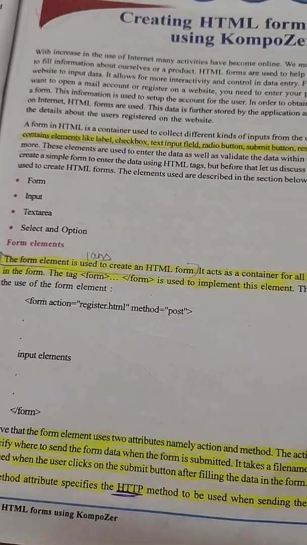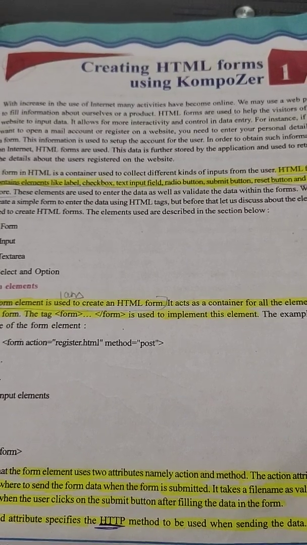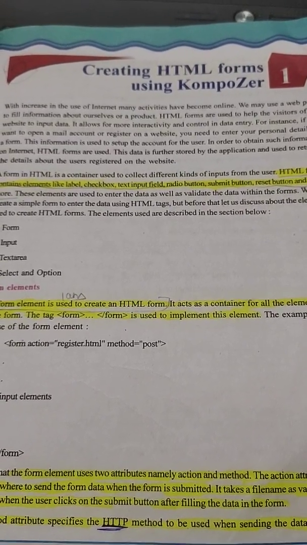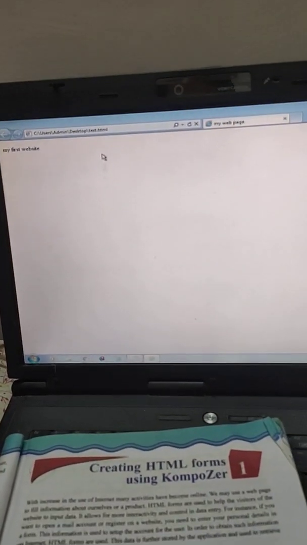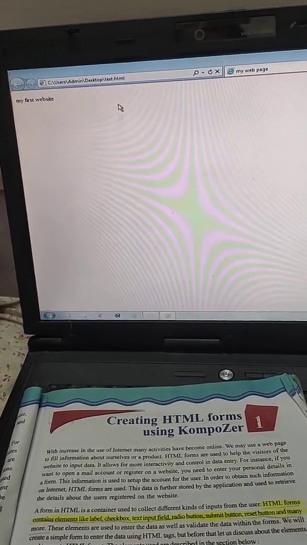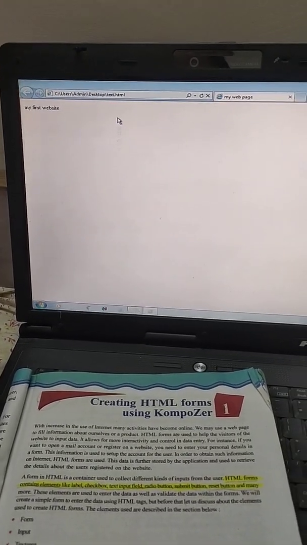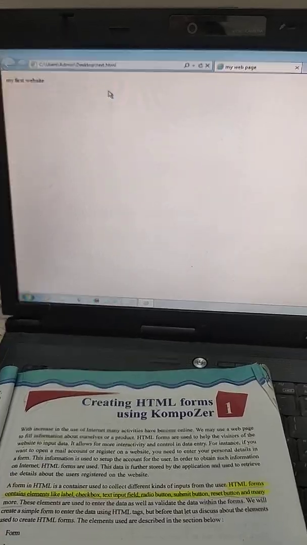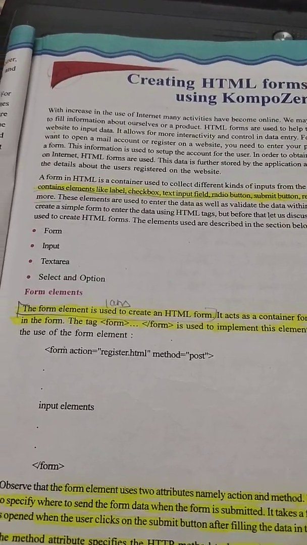Evening, children. Last time we learned about creating HTML, and now we are going to learn part 2 of the chapter, that is creating an HTML form using composers. We had created a normal website. You can also create one on your PC, phone, laptop, anywhere. Have a practice of creating a normal website, and after creating it, you can add to it by editing. Lastly, we had learned about form, input, text area, and select option.